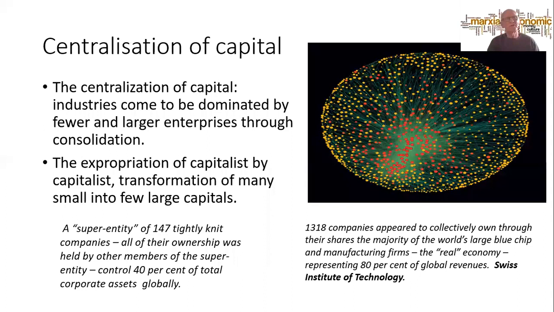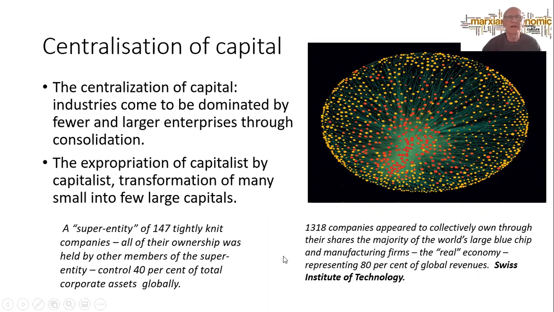Marx distinguished between concentration of capital and centralization of capital. That's where it's not a process of getting bigger factories or bigger economies of scale or bigger markets that are controlled by multinationals. It is also where a fewer and fewer number of companies control the whole of the economy. So we get the move from lots of small companies into bigger and bigger ones that control all the smaller ones. And so a few control everybody else.